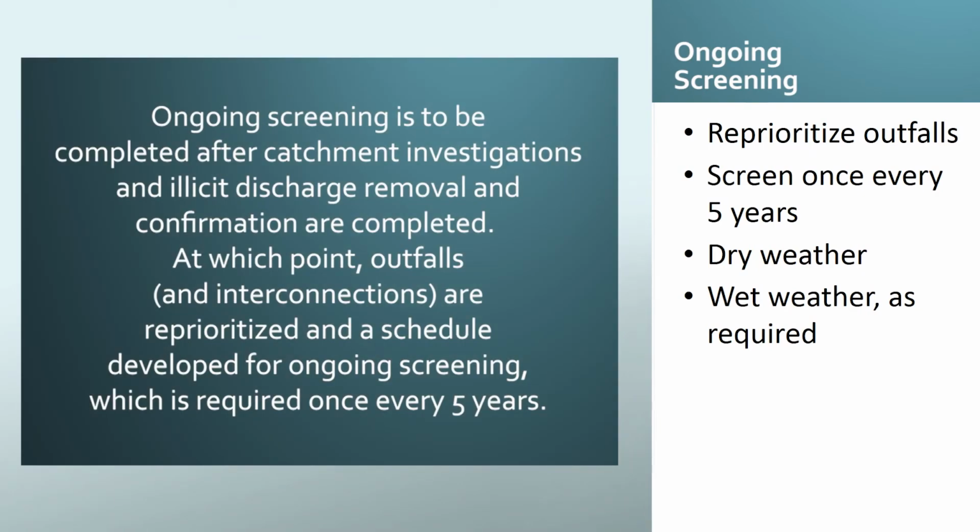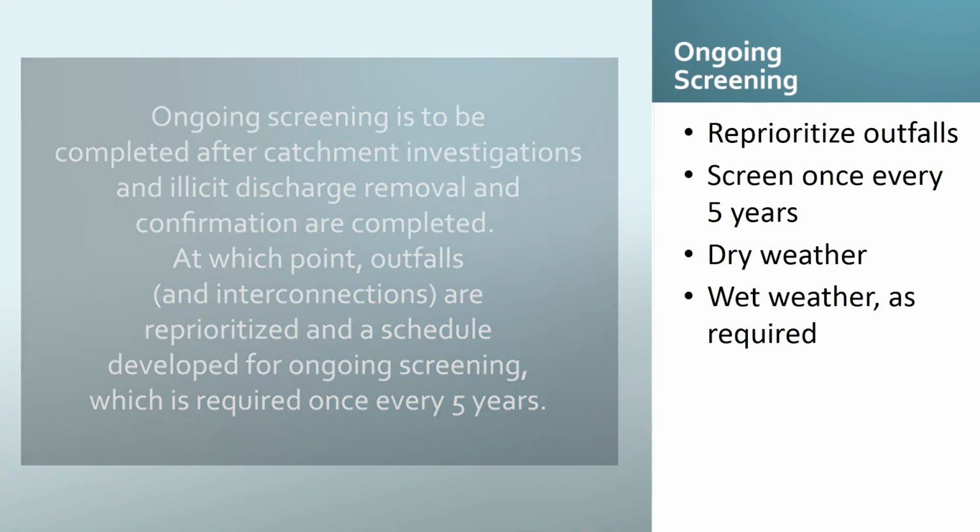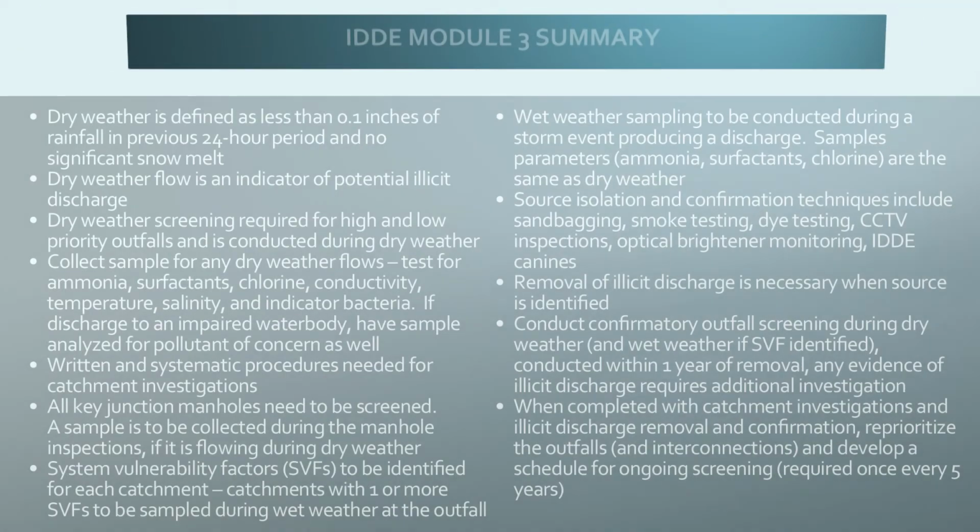Ongoing screening is to be completed after catchment investigations and illicit discharge removal and confirmation are completed, at which point outfalls and interconnections are reprioritized and a schedule developed for ongoing screening, which is required once every 5 years. In summary,